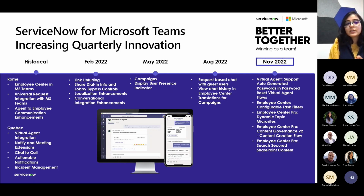In Feb, we introduced link unfurling. In May, we came up with campaigns and display user presence indicators. In August, we've come out with more releases, with more enhancements. In November, again, we've come out with